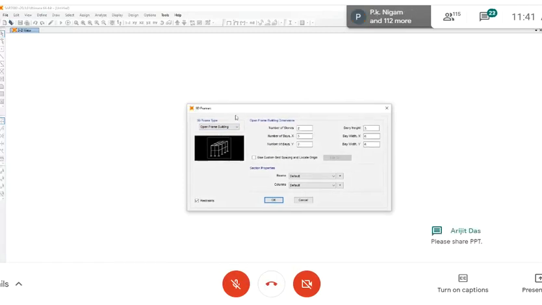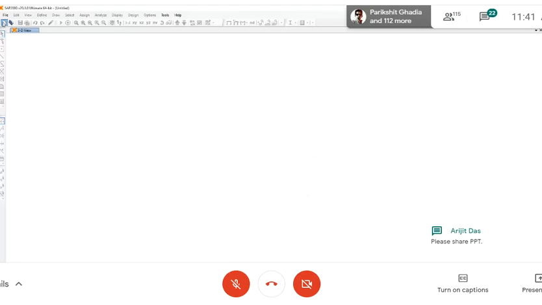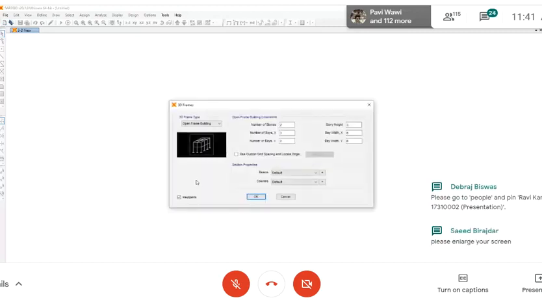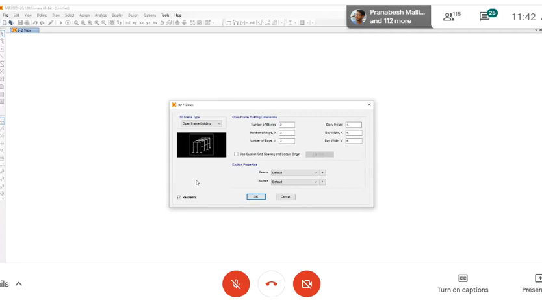So once we have selected a template from new model, we can start from grid only also. But I've selected here a 3D model because I'm trying to design a 3D building. Well, if you already know the plan of the building, so